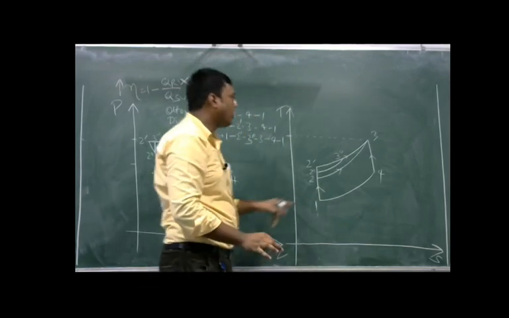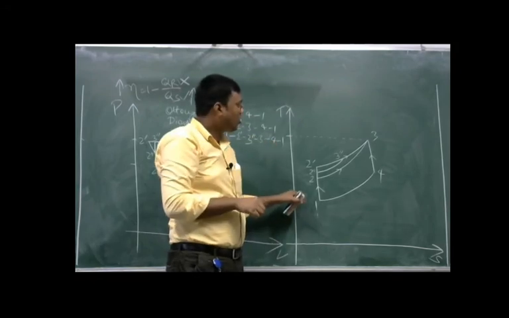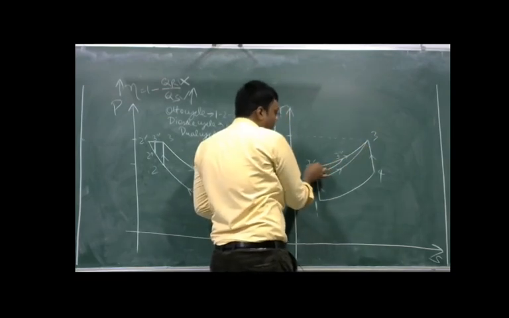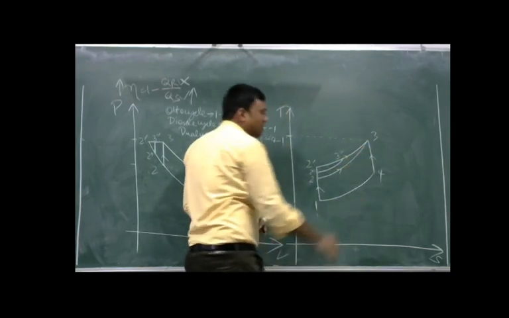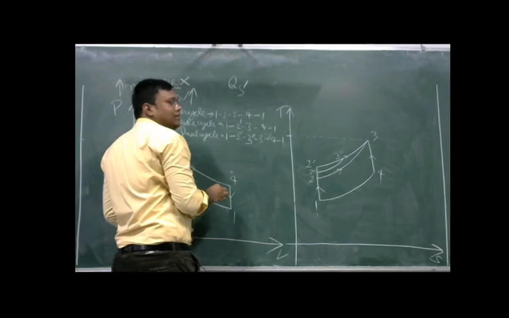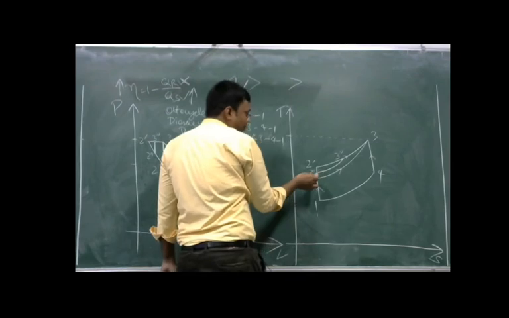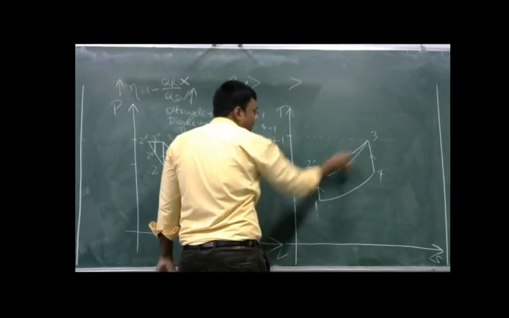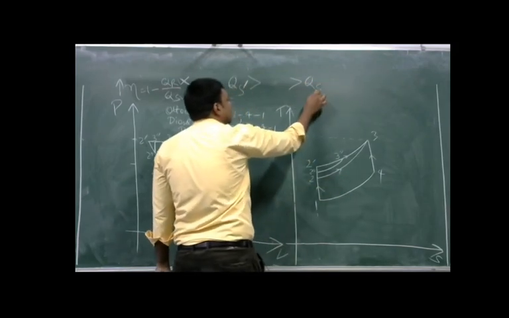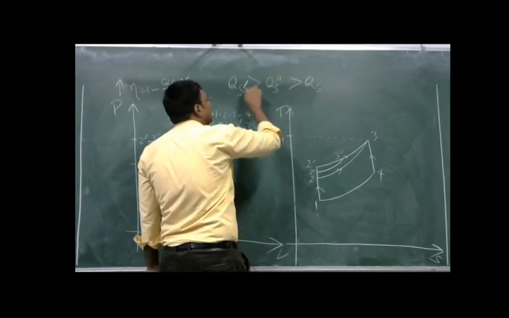So here we can see that the topmost curve is for the diesel cycle, from 2 dash to 3. Here it is different from the previous case. The area below this curve will be maximum, so heat addition will be maximum. I am representing heat addition for the diesel cycle by QS dash. QS dash will be maximum for the diesel cycle, and the bottommost curve is 2 to 3 for the Otto cycle, so the area below it will be minimum. So heat addition QS for the Otto cycle is also minimum. And the dual cycle heat addition QS double dash will be in between the diesel cycle and the Otto cycle.